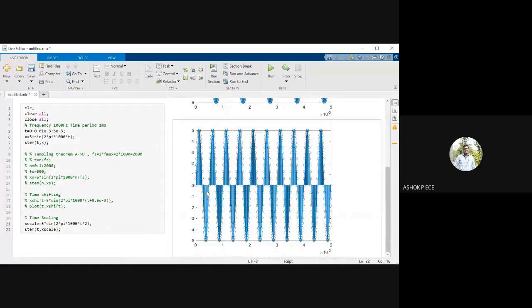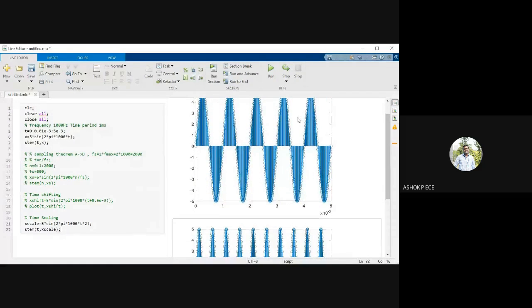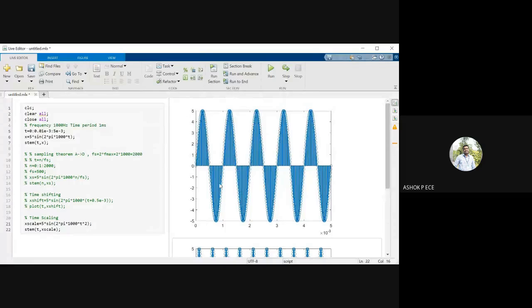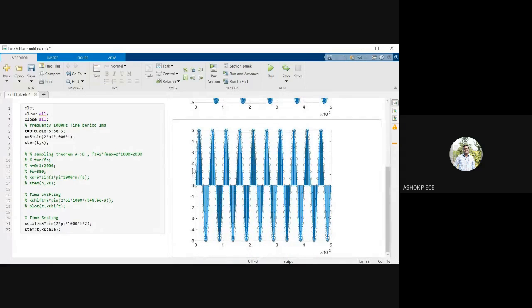So the time period here is 1 millisecond for completing one full cycle, right? And here the time period will be 0.5 millisecond. It will be divided by 2. Whatever factor you are multiplying, it will be divided by